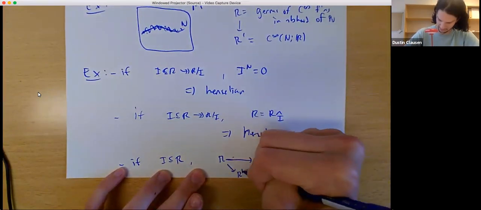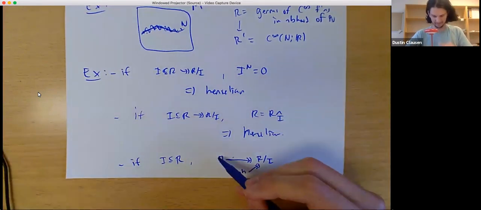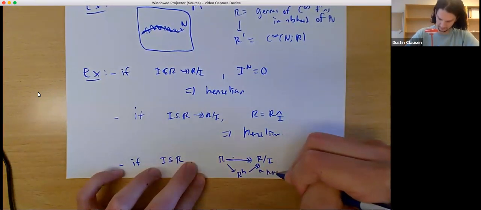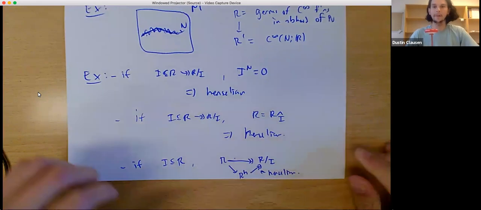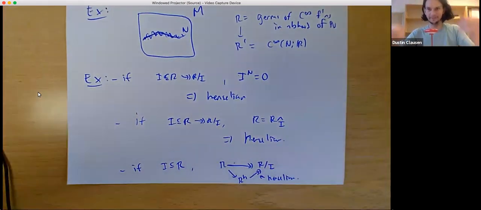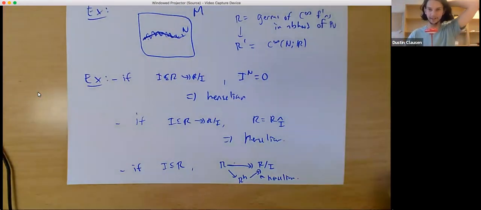So you can make a map from R to R Henselized such that this thing is Henselian. And the way you do it is you just add all the roots that are supposed to exist, formally adjoin them, one after the other. So in some sense, it's similar to the construction of an algebraic closure of a field, but in another sense,